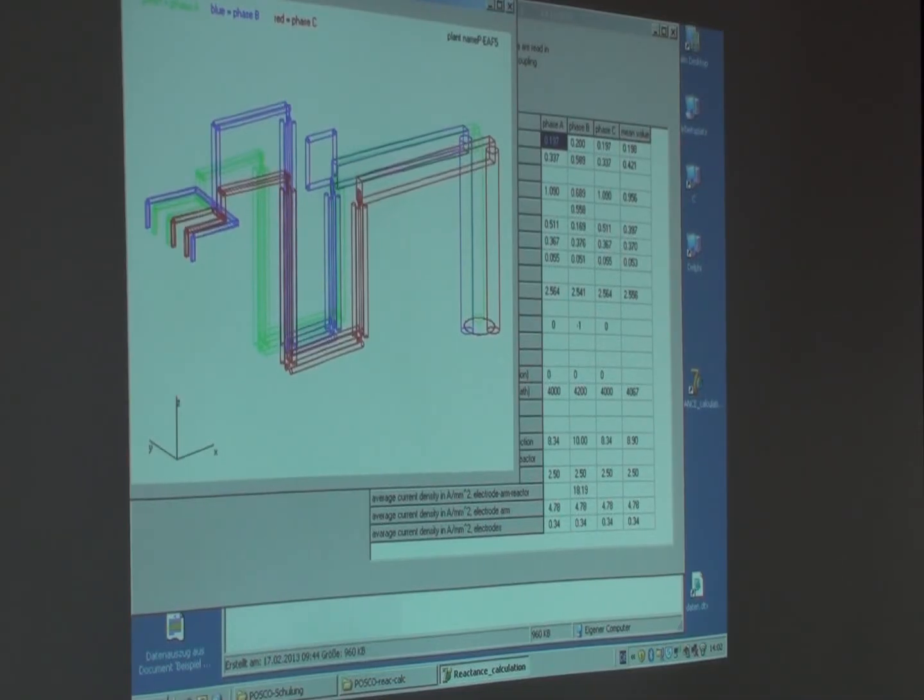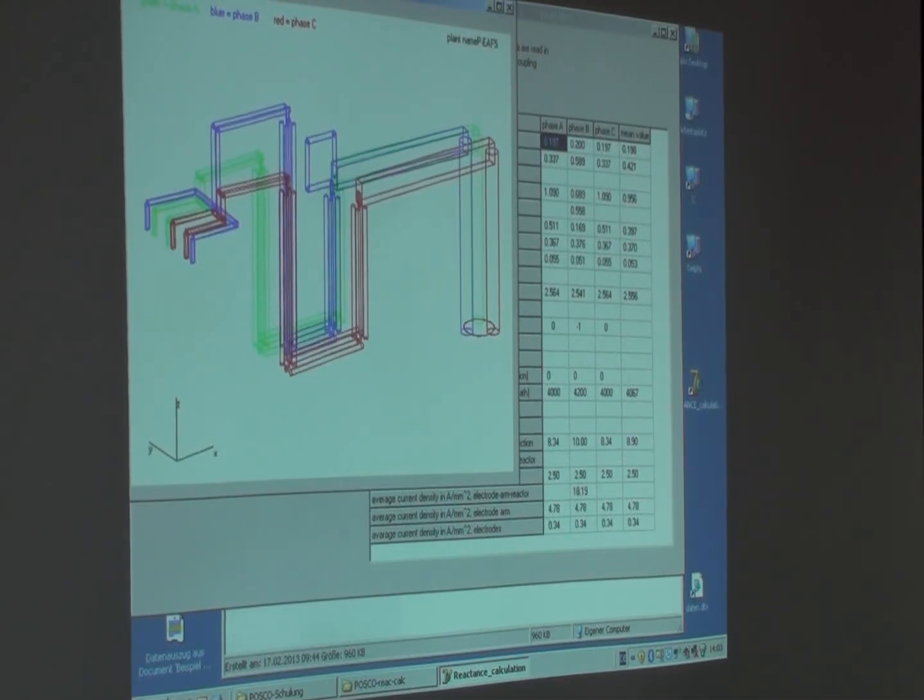That means what Professor Tim has calculated is good enough. But if the programs become better, I can calculate all, and the theory for this is